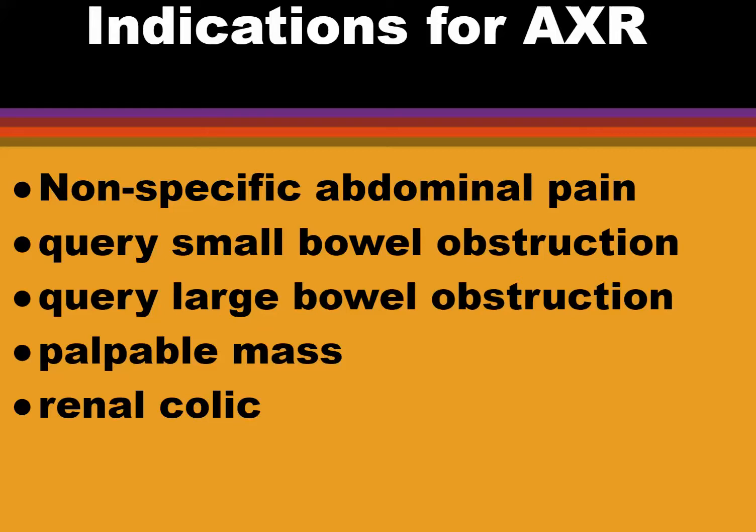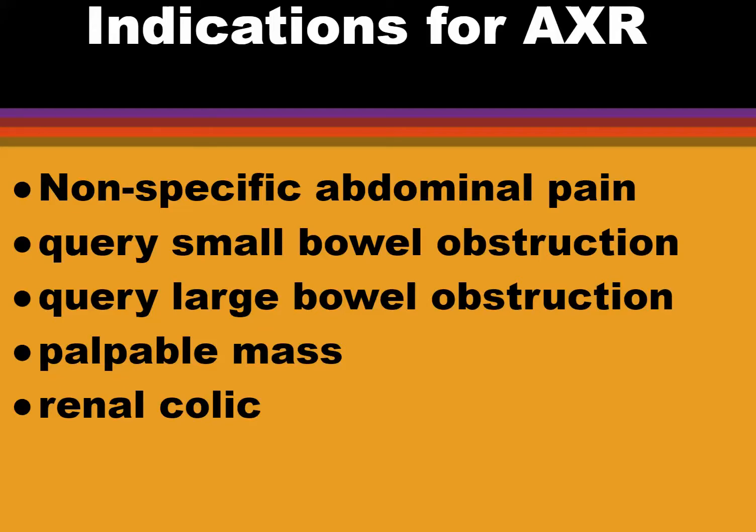Palpable mass is another indication, but I think most people are going straight to CT these days, and also renal colic, where you might see a stone, but remember about 5% of renal stones are not radio opaque on an abdominal X-ray, i.e. they can't be seen on an abdominal X-ray, and now we have very low dose CT KUB,